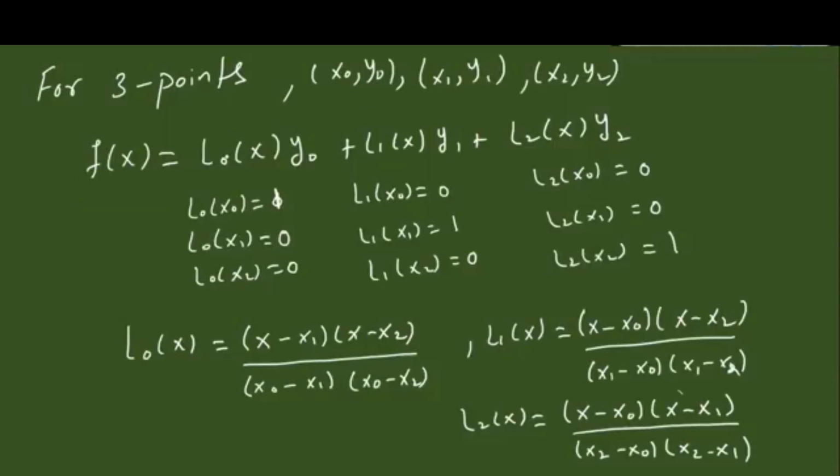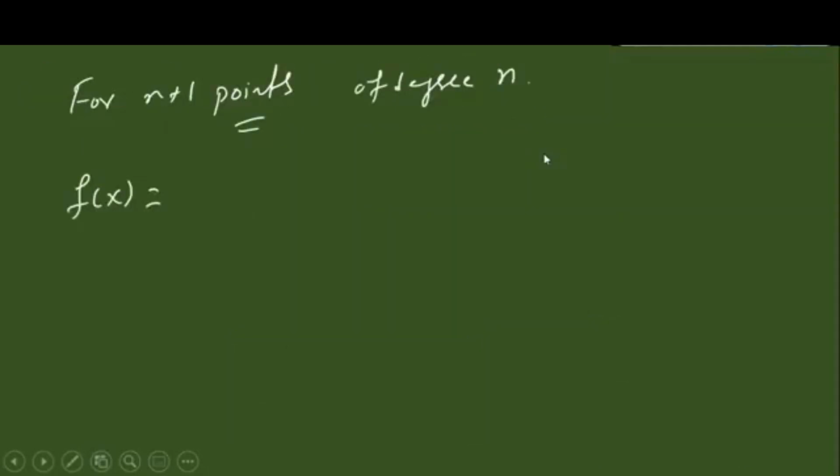For n plus 1 points, this means that the maximum degree that you can fit is of degree n. So how do we define the Lagrange function f of x? If there are 3 points, the last node is 2, so the basis is L0, L1, L2. Here I have n plus 1 points, and the last point has an index n. So this means that I have to sum